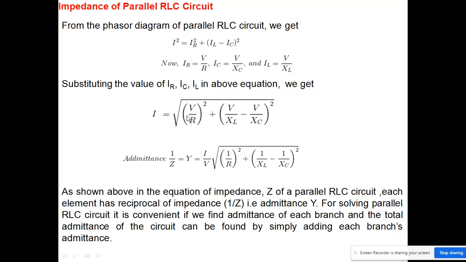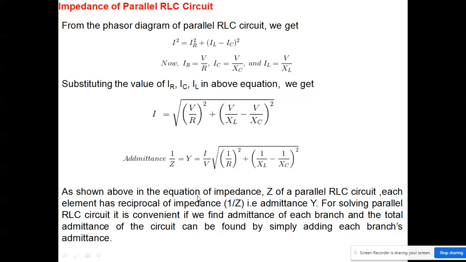I defined a term, the admittance, which is just the reciprocal of our impedance. So that's my input admittance, given by Y, and it is nothing but 1 upon Z. In this case I am getting I upon V, and that is this one. Basically, we write V equal to IR if we are talking about a DC circuit, and if we are talking about an AC circuit, then we write V equal to IZ. So 1 by Z is nothing but the admittance.